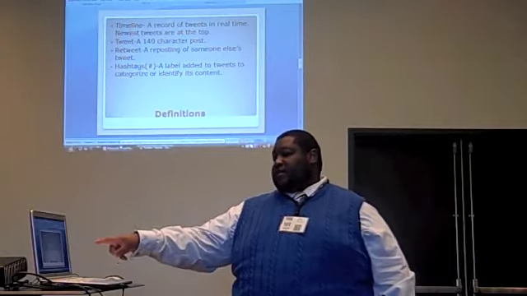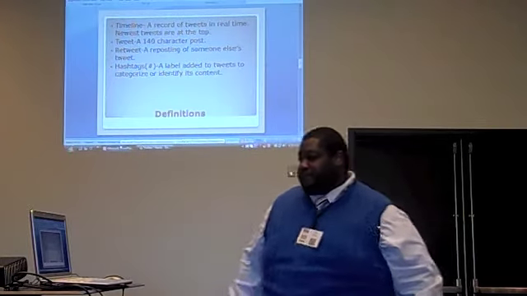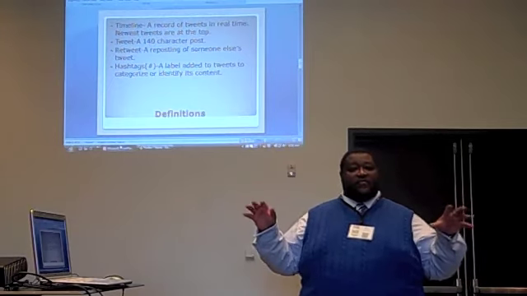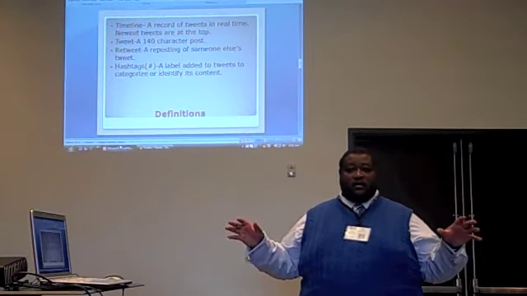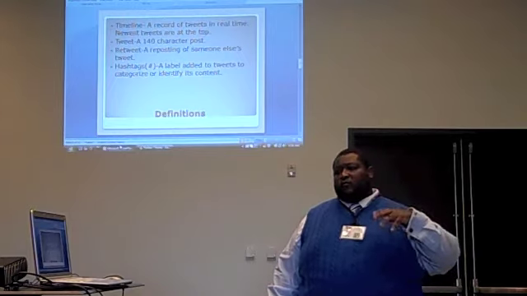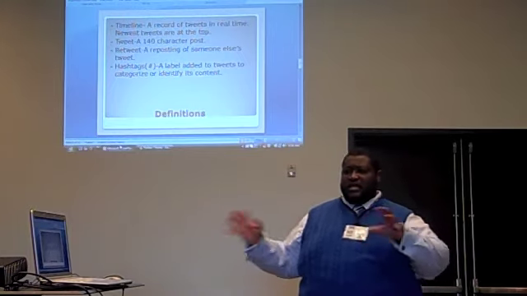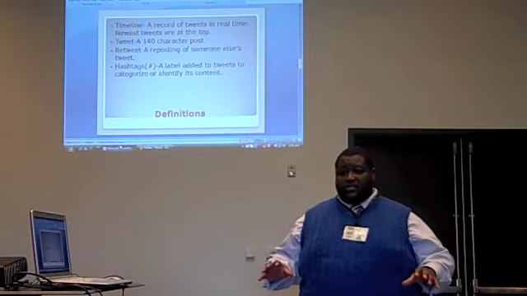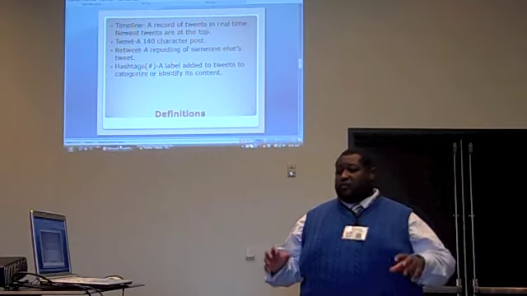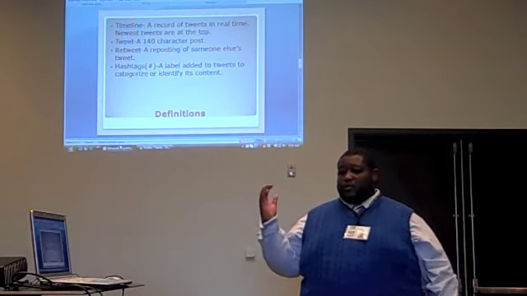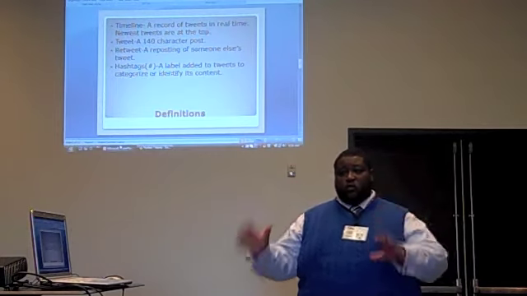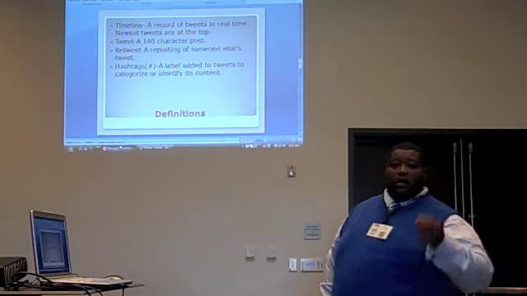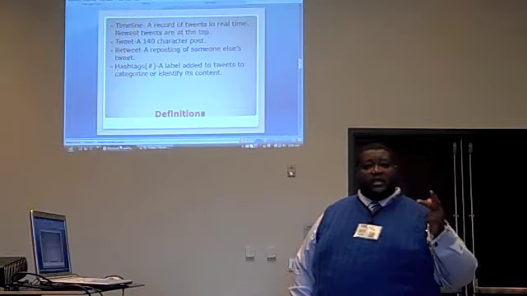Those are the hashtags, what someone mentioned earlier. A hashtag is basically a label added to tweets to identify content. So you can do that whether you're in a chat, participating in a live chat, or you're asking a question and you want people who follow that particular hashtag to answer a question, or to put out a statement, to tweet something that you want those people to follow. And very popular hashtags on Twitter are EdChat, EdTech,